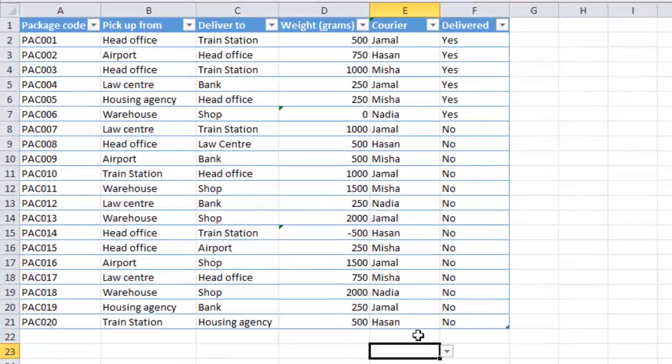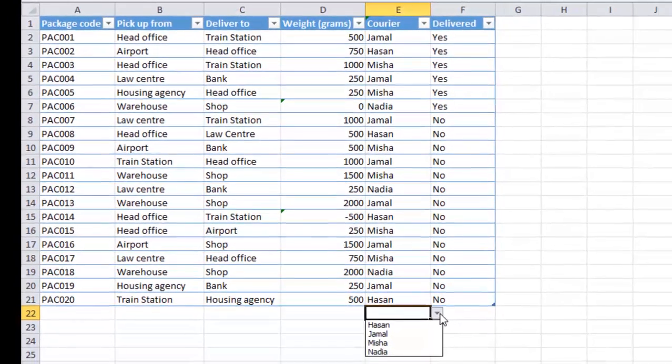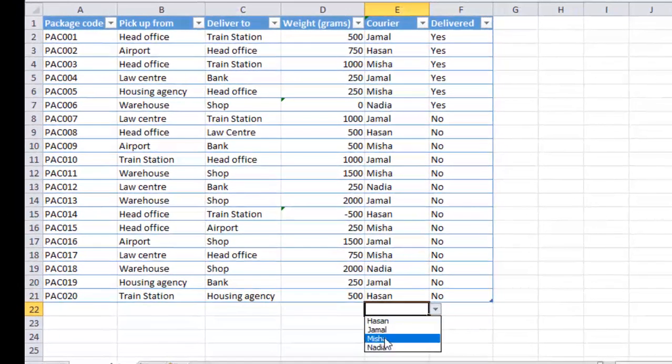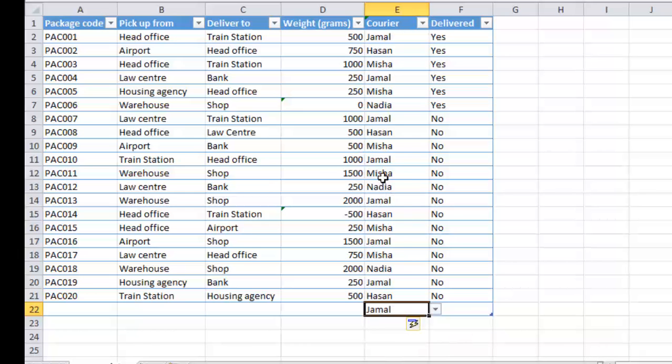So now whenever I want to enter the name of an employee, I will have this arrow. All I need to do is click on this arrow and choose the name of the courier for this package. The same thing would happen here and here for the whole column. So creating a list is very easy, and it also makes the job very easy for the user that's using